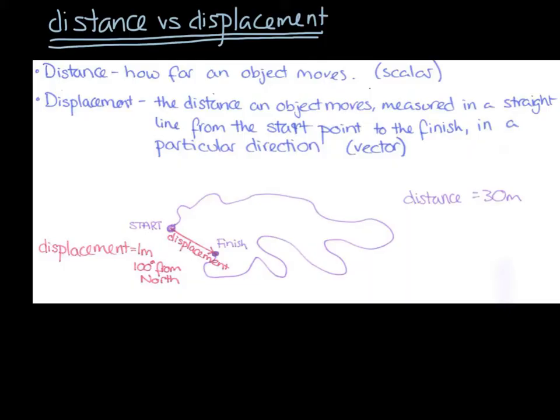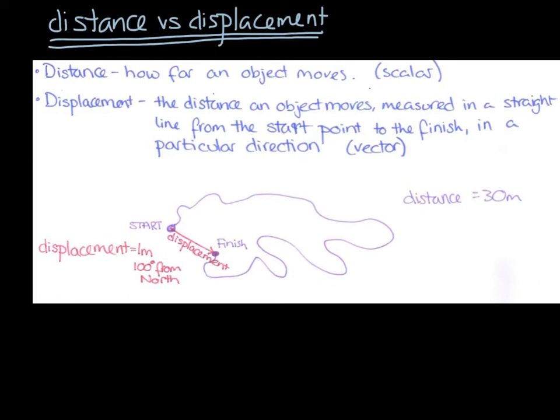So first of all, let's just check that we understand the difference between distance and displacement. Distance is a scalar quantity. It is a measure of how far an object moves. It doesn't have a direction, only a magnitude, because it's a scalar quantity. Displacement is a vector quantity. It's the distance an object moves, measured in a straight line from the starting point to the finish in a